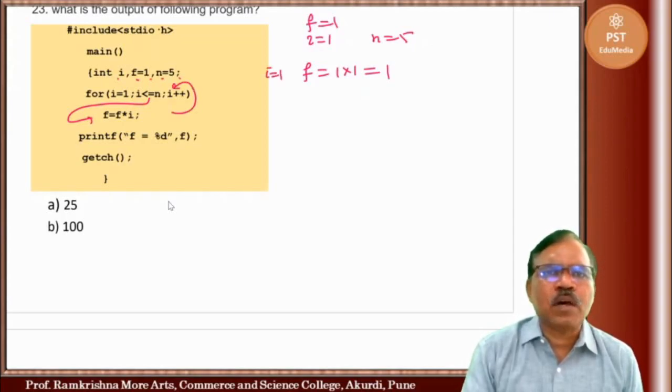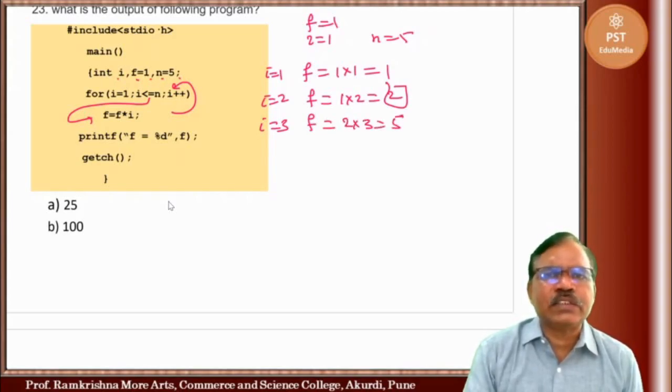This is for i equal to 1. i becomes 2, f is equal to f star i, 2. Then i becomes 3, f is our earlier value 2, so 2 into 3 is 6.